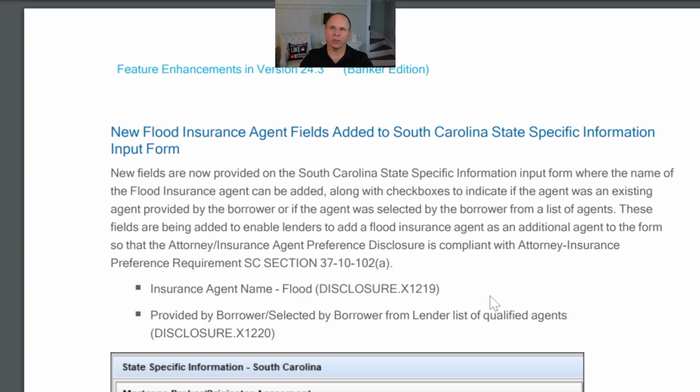So make sure that you're doing a couple of things with these state specifics. Number one, try to stay on top of these release notes, obviously. But number two, also counterbalance that with your state disclosure matrix and potentially your closing doc matrix, making sure that you've got all of the state-specific fields required so you get the correct state-specific disclosure out. So it's not just the fields here on the input form. I also want to make sure you're leveraging the state-specific information input form on the resource center so that you can get all of those correct disclosures out.